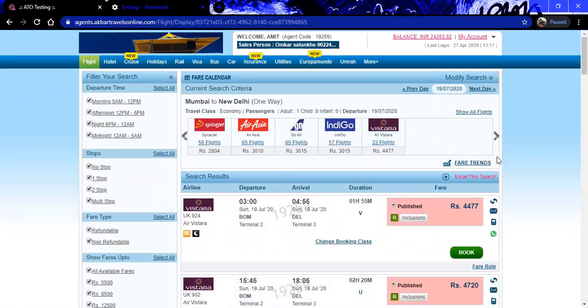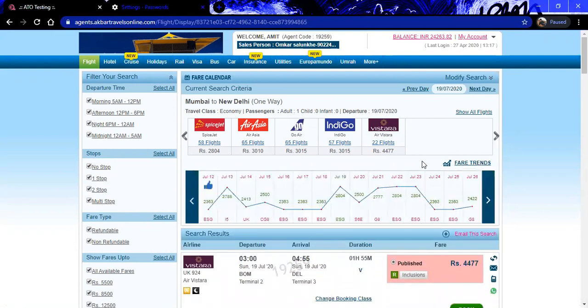Below, the next feature is the fare trend. What is fare trend? If you click on that, you will get a fare graph for that particular month or further. We have provided a few dates over here.